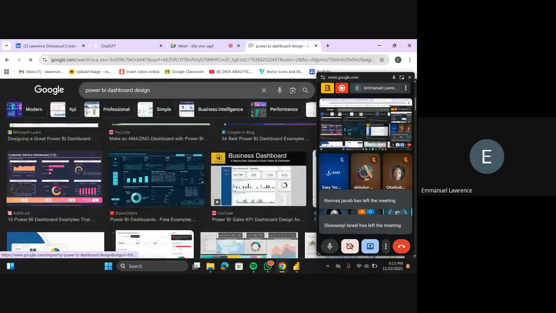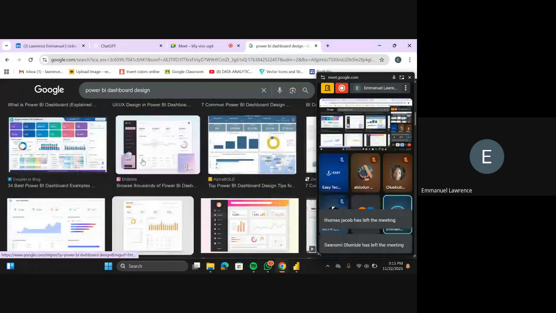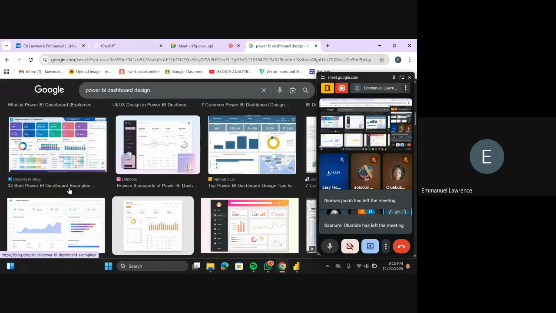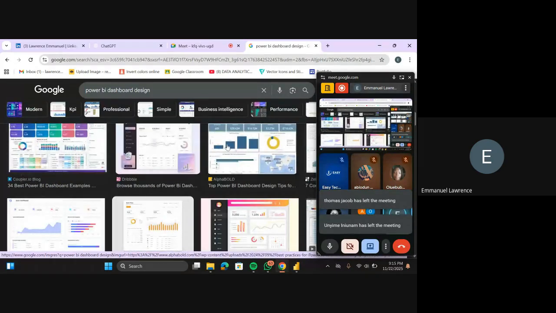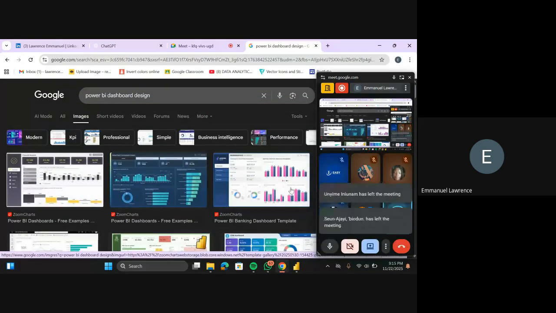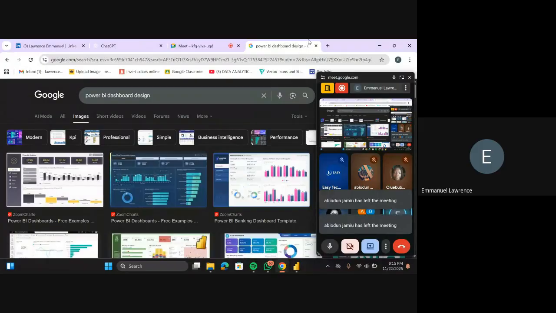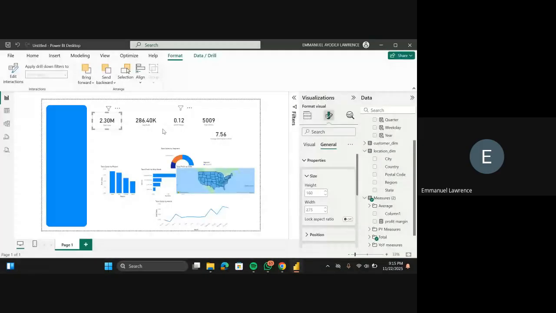Just look for the one that you like and try to replicate it. Let's say I like this one, I'll pick it and try to do what this person did. That's the way you can improve your dashboard design, because some of you are struggling to create a very nice or beautiful dashboard. People online have created templates and beautiful works, so you can replicate their work, see what they did, and try to do something like that. So let's leave that and go back to what we are doing.